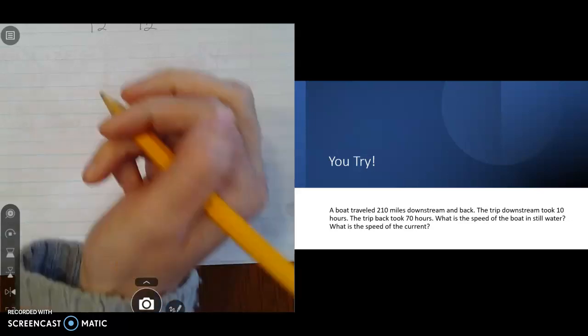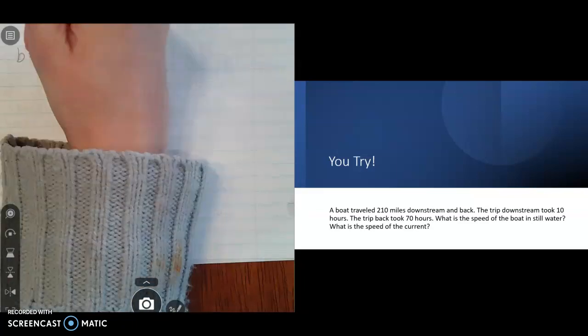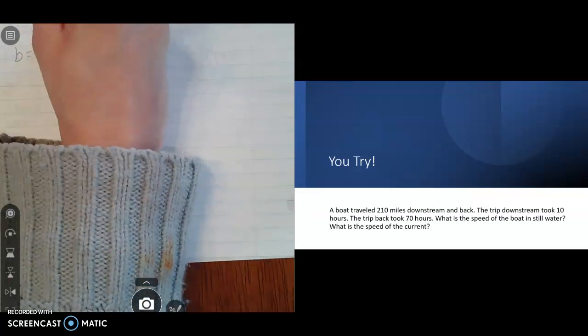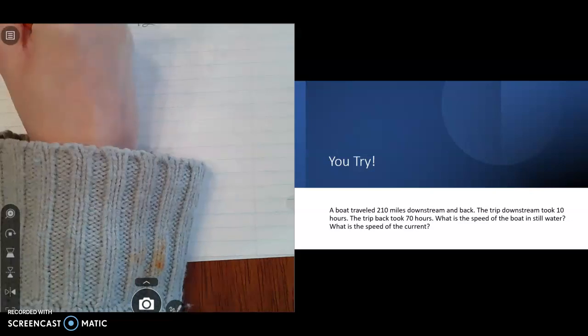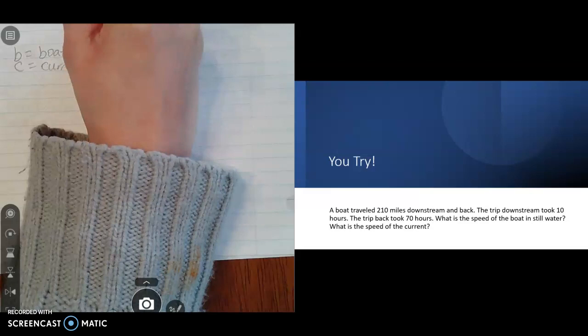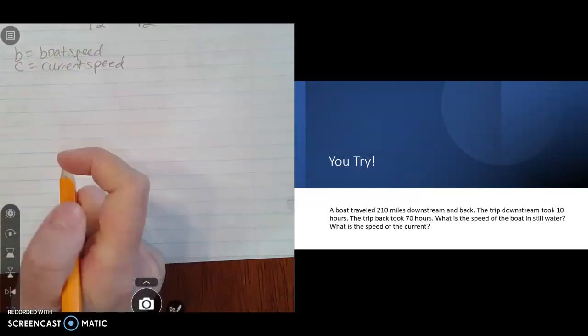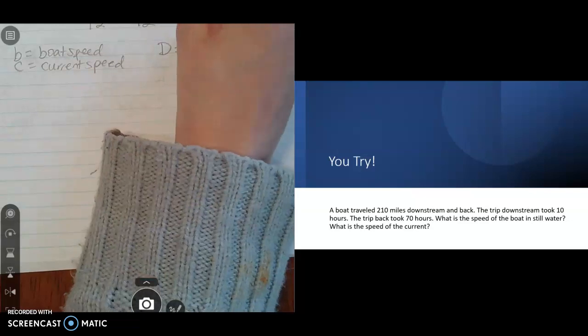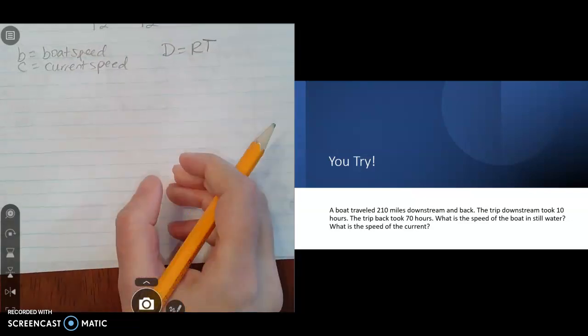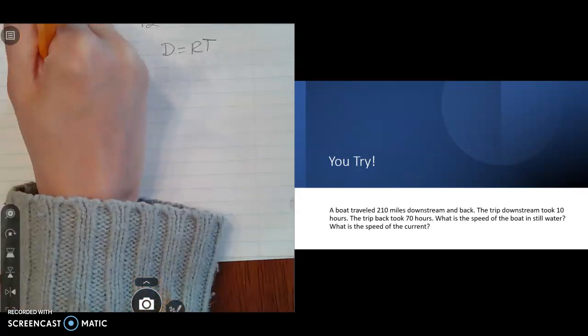So for this one, I'm going to use a B to represent the speed of the boat, so boat speed. And I'm going to use a C to represent the current speed. All right, so let's see here. And we're also going to use our distance equals rate times time equation. So when it goes downstream, that equation,